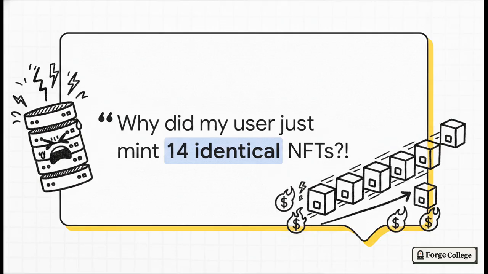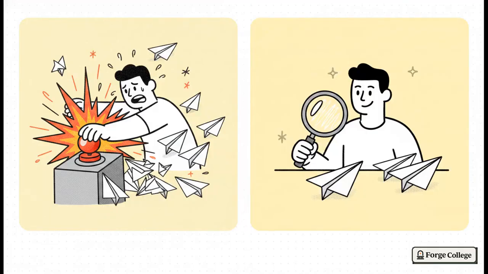Yeah, this is the absolute nightmare scenario for any stressed out developer. It happens when your system basically panics during a transient network failure. Your server doesn't get a confirmation immediately, so it just blindly resubmits the mint instructions over and over again. All that does is drain gas fees and duplicate assets. No thanks. On the left side here, we see that blind resubmit approach, which leads to pure chaos, orphan tokens,